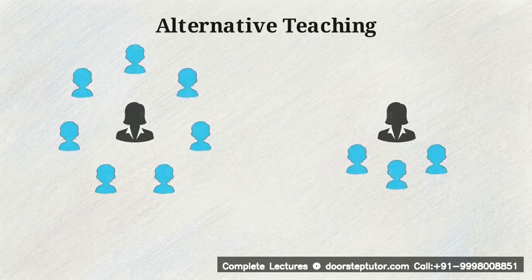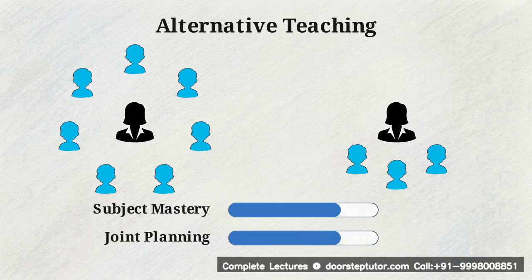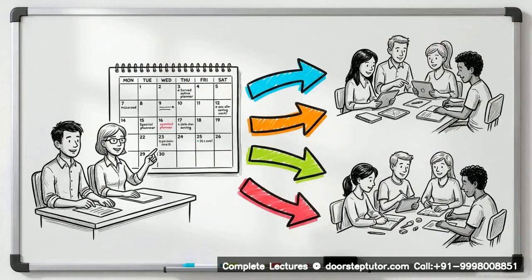Alternative teaching occurs when one teacher pulls a small group for targeted pre-teaching or enrichment, while the other teacher manages the large group. To execute this, both teachers need enough subject mastery to explain concepts independently and enough joint planning time to coordinate which students need specific intervention. This model carries a risk of stigmatization if the small group consists only of students with special needs every time the teachers use it. Intermediate models offer targeted instruction, but rely on dedicated joint planning blocks to keep the 2